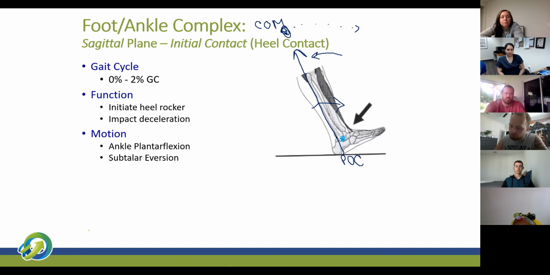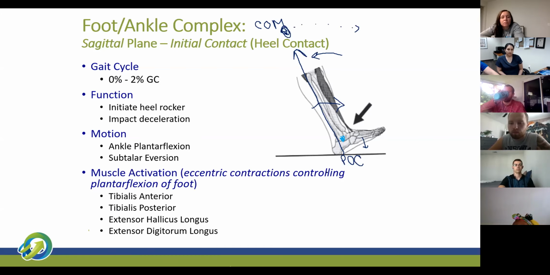If it's posterior to the joint, it's going to cause a plantar flexion moment, which we'll see primarily in the next phase of gait, because it occupies so much more of the gait cycle. So right here, it's a quick 2%. It's over as soon as it starts, but the ground reaction force is posterior to the ankle all the way